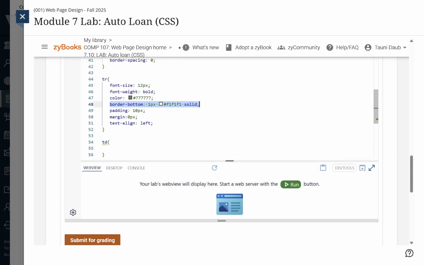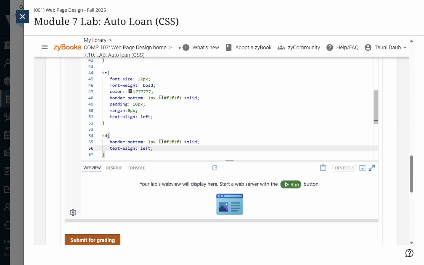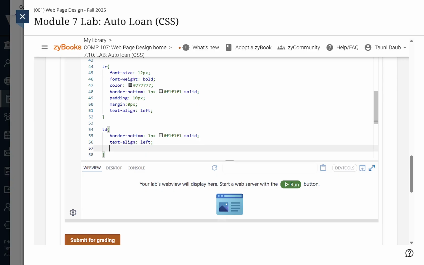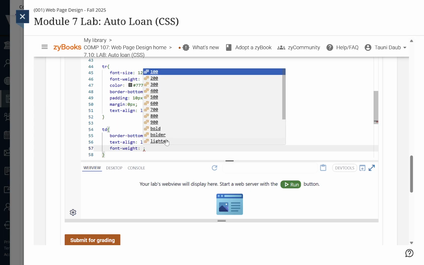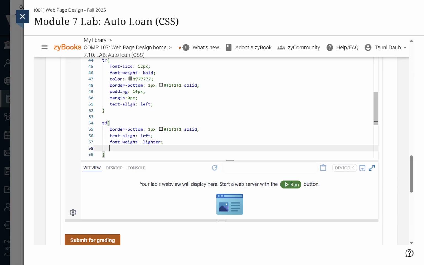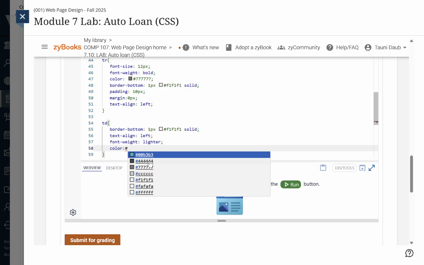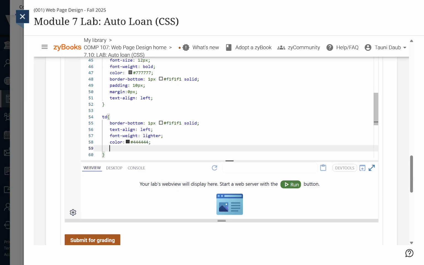We have the same border bottom because it said to have it in both. Put that there. The same with its text align is left. So we can copy that and put that there. It wants the font weight to be lighter, bold. So we're going to use the relative term lighter. And its color is this darker gray, and it has a margin of 0,